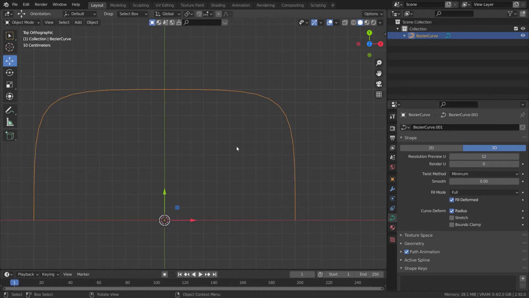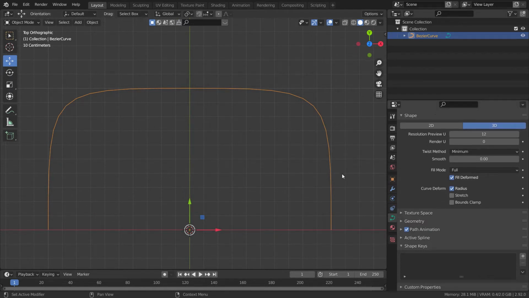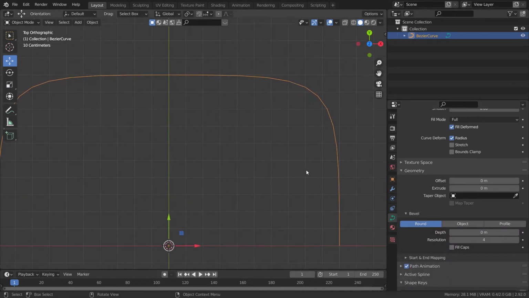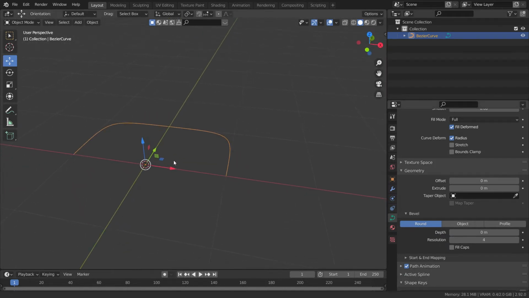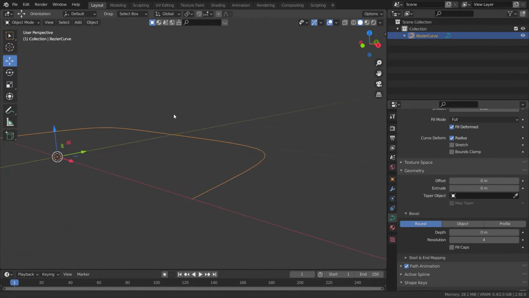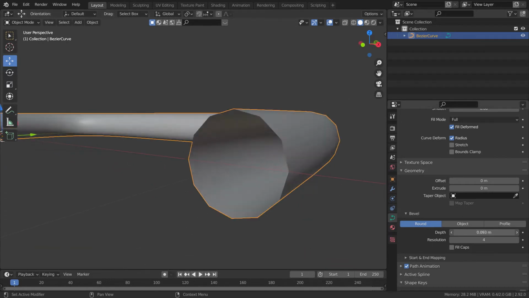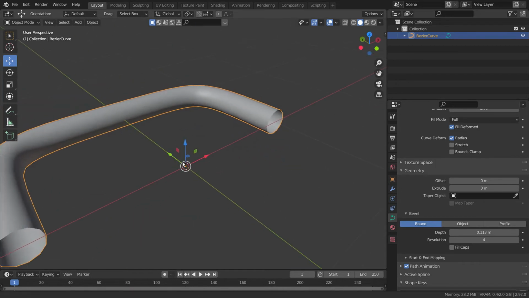So over here in the outliner tab, I got my curve properties over here. So first thing, before I add geometry, I will first give it a little bit of bevel, and that bevel will be round, so it's perfect for wires and stuff like that. So let's give it a depth, and this depth can be anything you want and how much you want. You can also make pipes with this, as I made in that old tutorial.